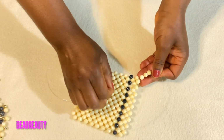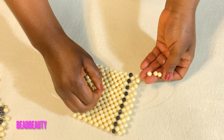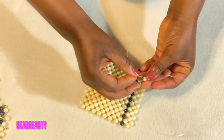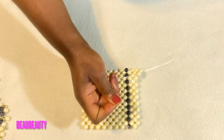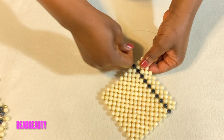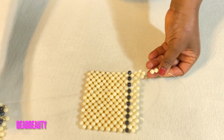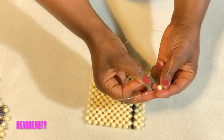This line 3 bead. I'm starting a new row over here. 3 bead. Cross and pull. So now I'm going to go into the next bead, and I'll add 2 bead to my line. So this time we are